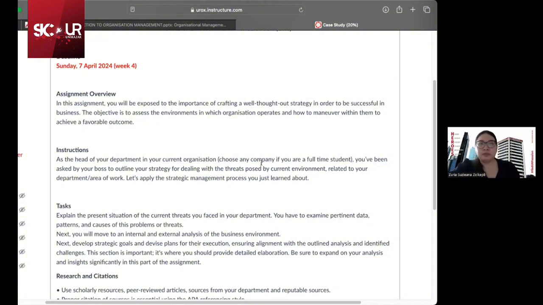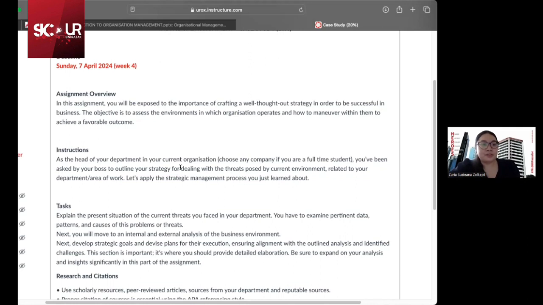Okay, try to think. Why do we do this? Because we would like to cultivate decision making skills. And it's very important for you to identify as well what can be done, right? One of the things in management is to identify the problems, the opportunities, the threats in our organization. Okay, so here is to apply the strategic management process that you are going to learn in chapter 3, if I'm not mistaken. No, 4, chapter 4.